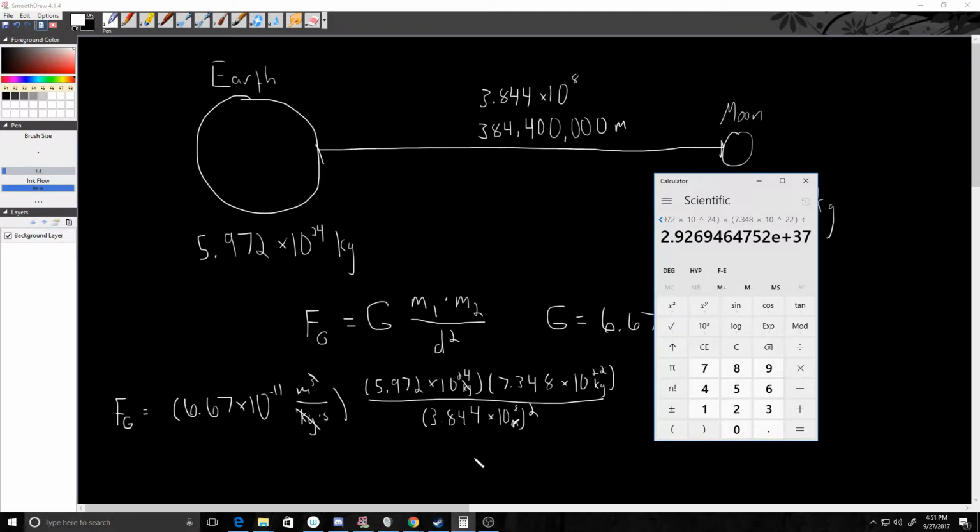Dividing it, rather than trusting my calculator to do it right, I'm just going to divide it by this number twice because that should be the same thing. Opening parentheses, 3.844 times 10 to the 8th, closing parentheses, divided by, open parentheses, 3.844 times 10 raised to the 8th, closing parentheses, equals,